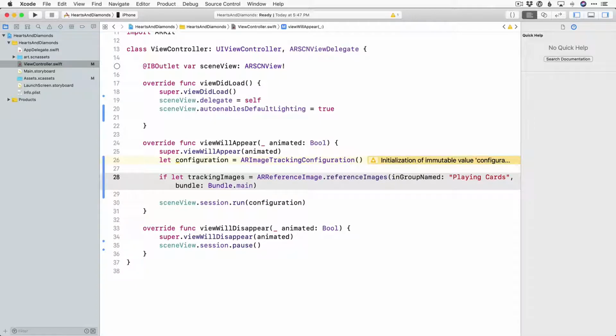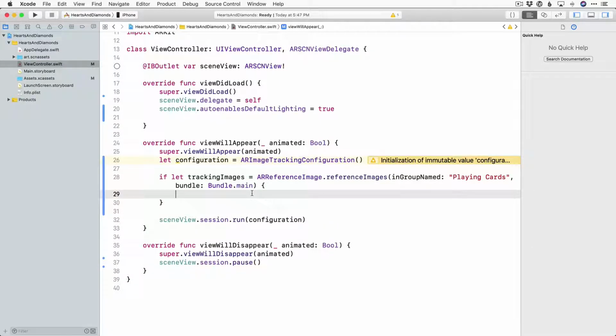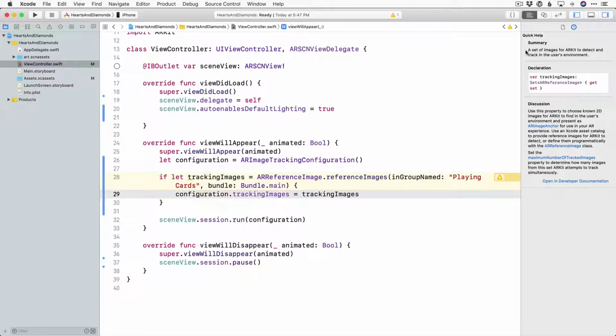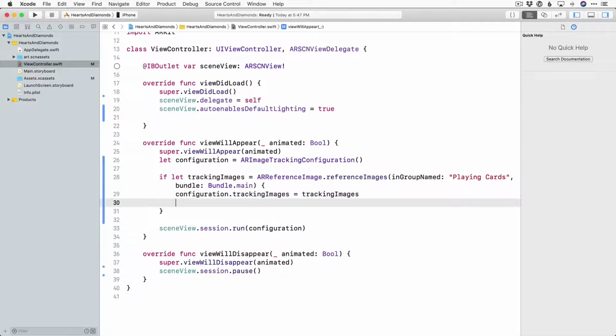Okay, so if we are able to obtain that group of AR reference images, then we're going to say configuration.trackingImages is equal to trackingImages. And if we click here, we see that this is a set of images for ARKit to detect and track in the user's environment. And then we can say